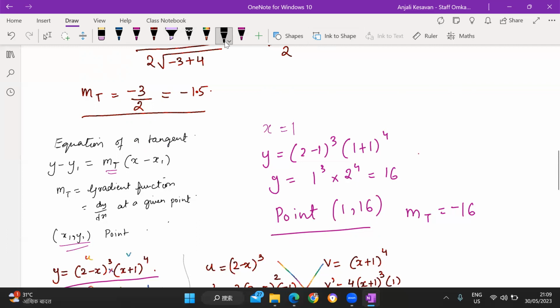y minus 16 equals minus 16 times... Right. So the equation of the tangent, I'm just going to write it over here. Equation of tangent will be